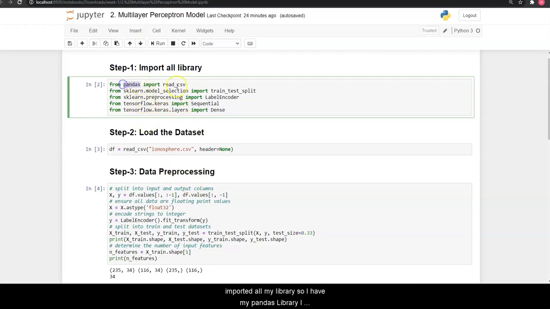So I have my pandas library. I need to load my sklearn library because from there I am using a particular model for dividing my training data set into train and test. I'm also using a label encoder from the sklearn library. Label encoder, as you should already know by this point, is used for encoding or converting text data into a numerical value, right? And then I have my